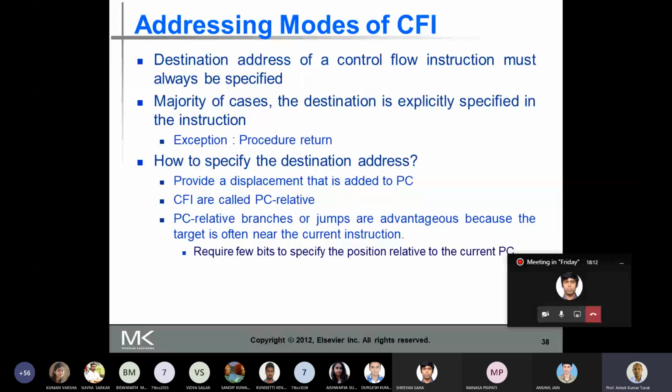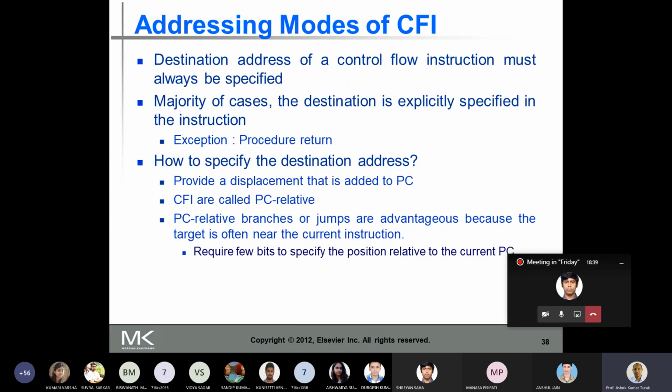If the target is far away, then the displacement that you provide will be a larger value, and you have to specify it with more bits. If my target is 32 locations away from the current instruction, then I can specify the target with 5 bits.